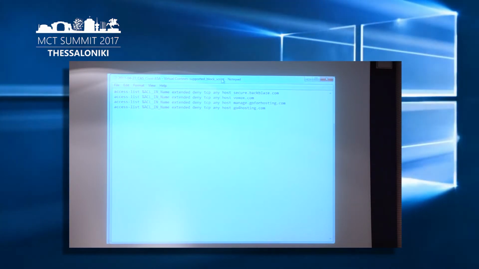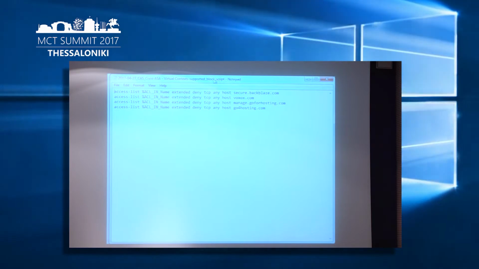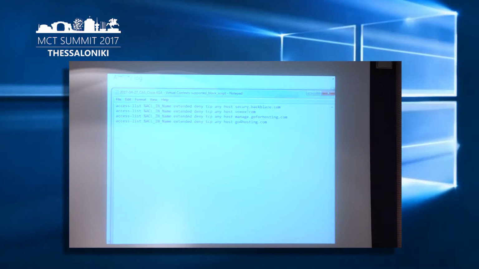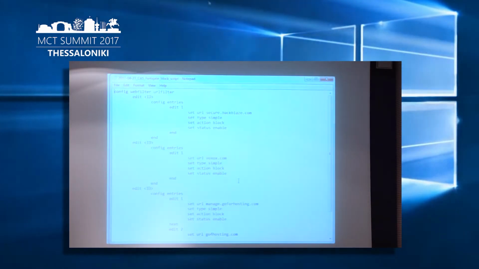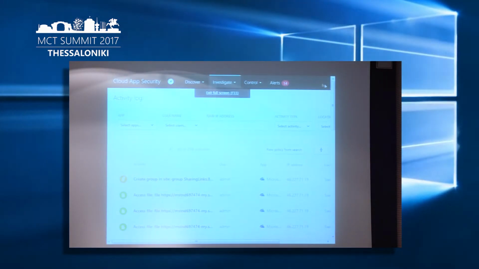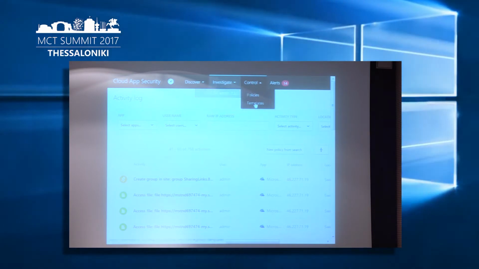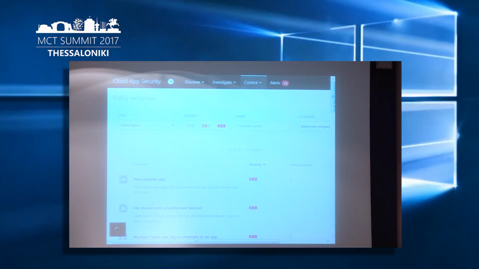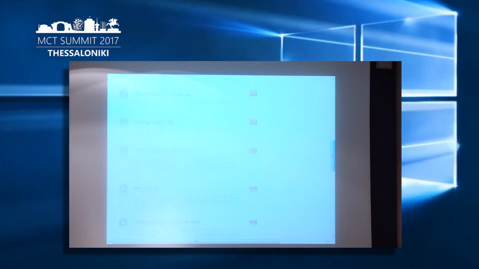If I want to secure the access to these sites, then I have already automatically built the script for me, whether it's for Cisco appliance or whether it's, for example, for FortiGate appliance to block user applications to these sites that I have not approved. If I want to add a control to,